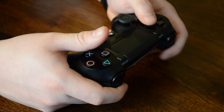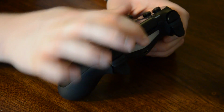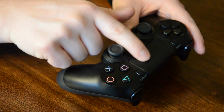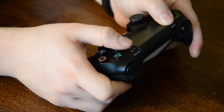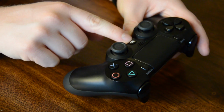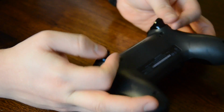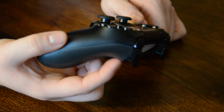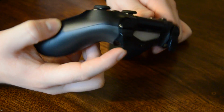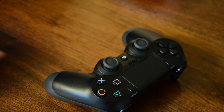So as far as the new features and how the controller actually looks and feels, this is it. It feels very tight and very accurate and more precise than the last one. You have the touchscreen in the middle. There's no actual screen. It's more of a touchpad, rather. You have the PlayStation button, home button in the center. You have the light on the front now. The triggers are nicer. All around, it's a lot nicer controller than the PS3 DualShock 3 6-axis controller, which are